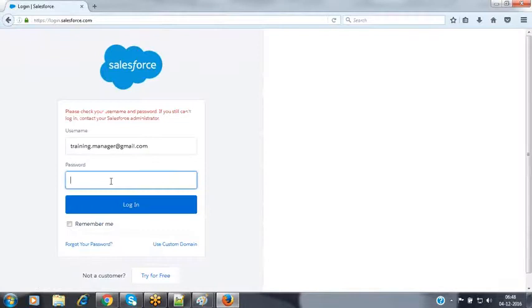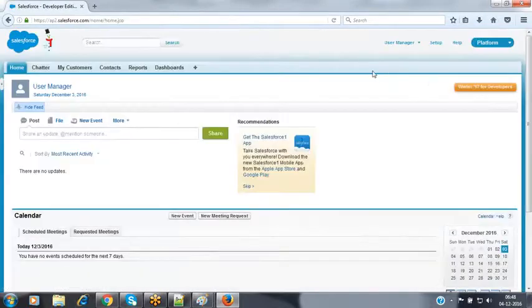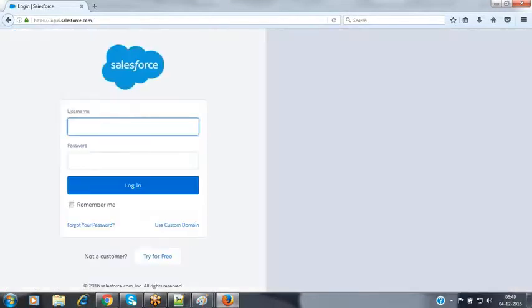Now let's log in to this application. I have entered the password. Click on login. Now this user is able to log in to the application as it is. Once the user is recovered back, we can log in, and we can unfreeze that user account also. So this is the way we can manage the user records inside our Salesforce instance.